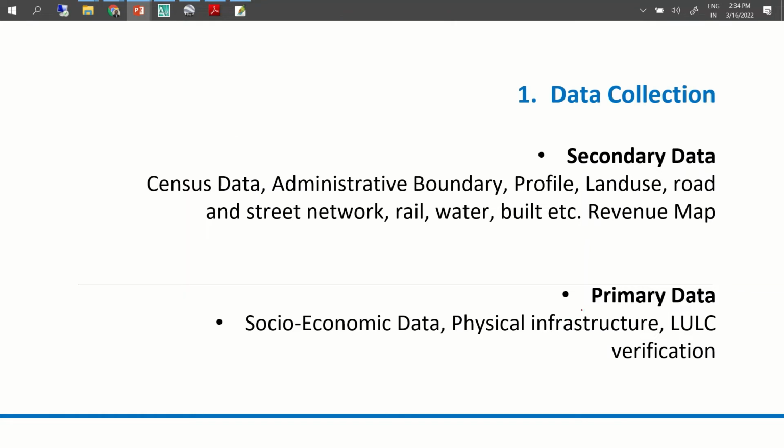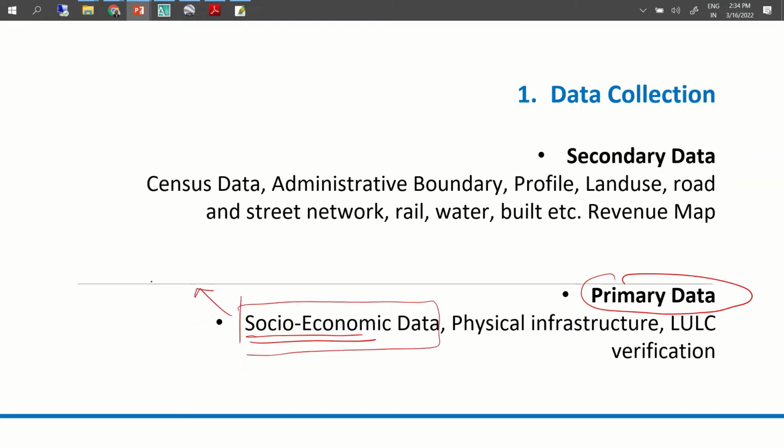As far as the primary data is concerned, I think you will be conducting the socioeconomic survey as well. The socioeconomic survey is a big exercise. We should know what the intention of the survey is. If the objectives of the survey are clear, questions can be framed accordingly and the data can be collected. I'll show you one report.